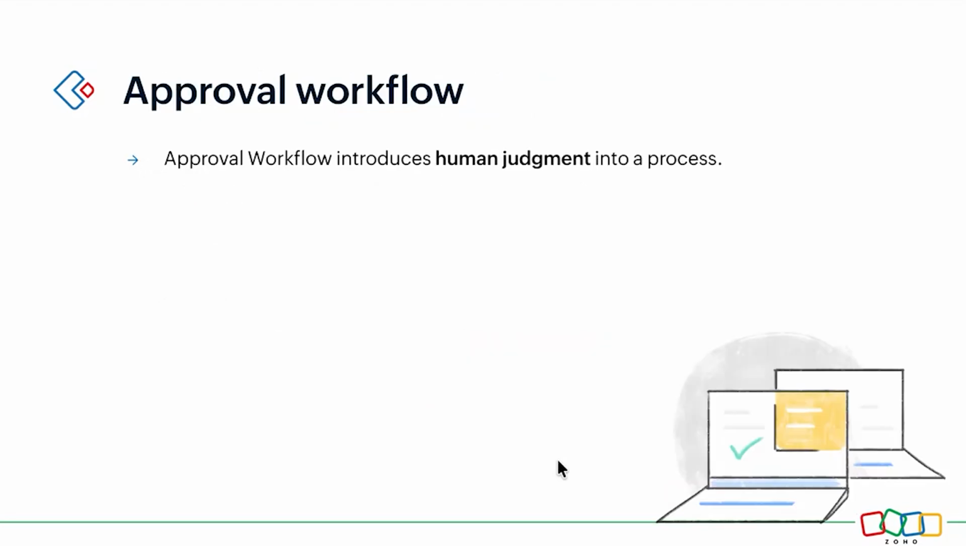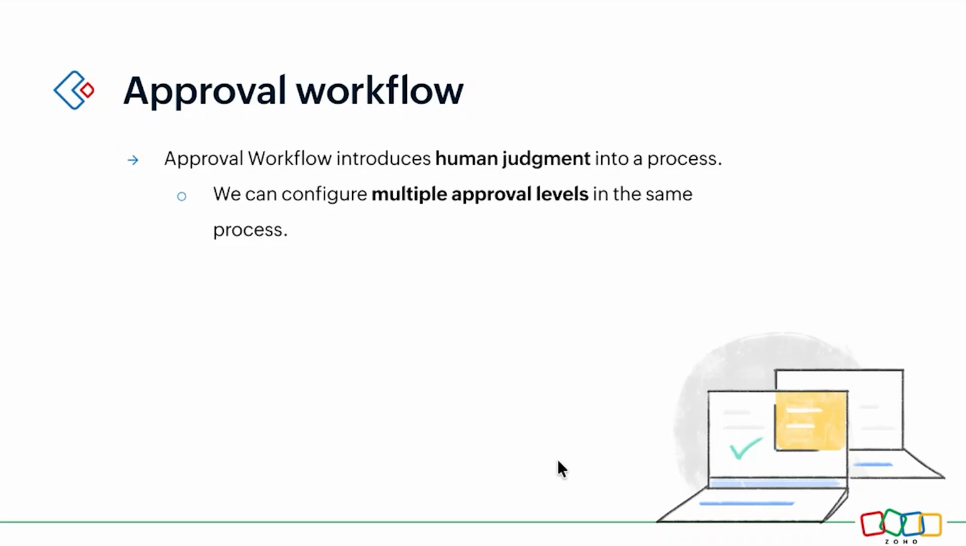The next feature we are going to discuss is the approval workflow. The approval workflow introduces human judgment into your process, that is, a decision into your process. With this approval workflow, we can configure multiple levels of approval within a single process. For example, let's take the same leave request. Whenever an employee submits a leave request, before it goes into the manager's review,